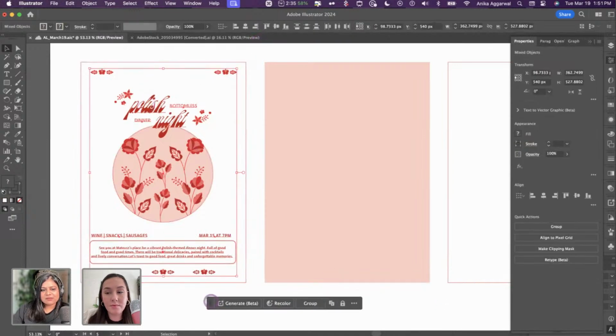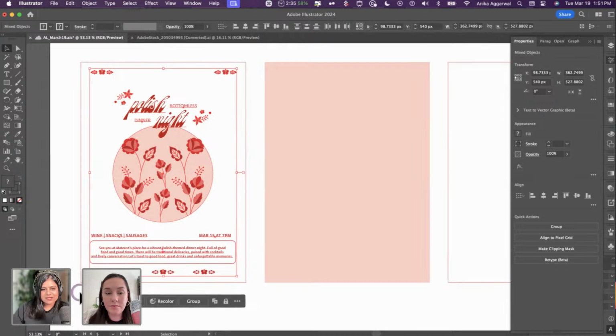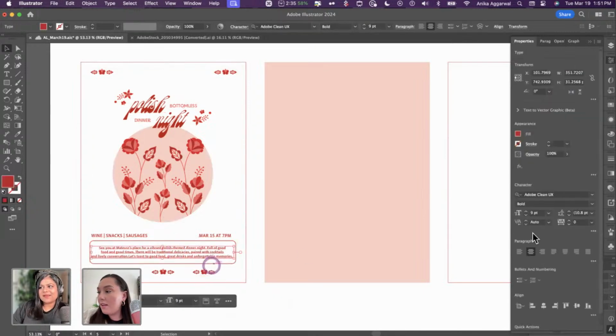My personal favorite has been this contextual taskbar, to be honest. Being able to do this on the fly with group, ungroup, and all these things is so exciting. Yeah. So good, especially if you're still learning the shortcuts and all of that, just to have that there. It's so handy. Yeah, I feel that.